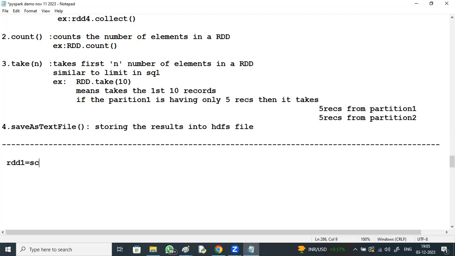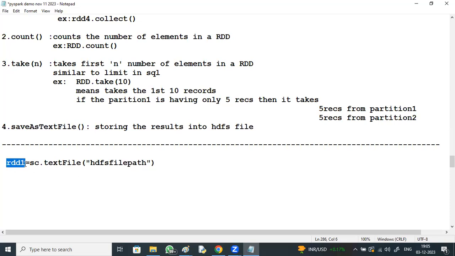Using sparkContext.textFile, giving the HDFS file path, the path where the file is available. Using Spark context, if you are loading a file, then an RDD is created.